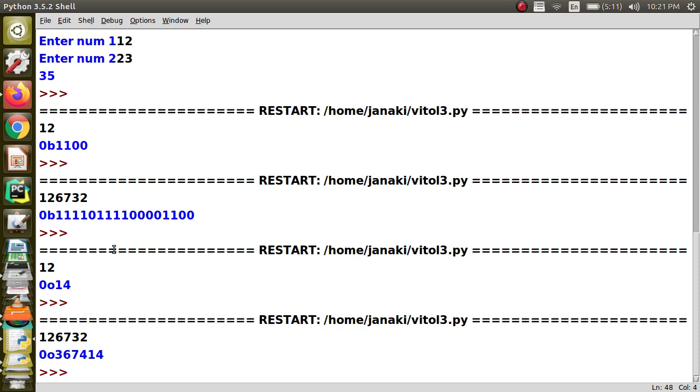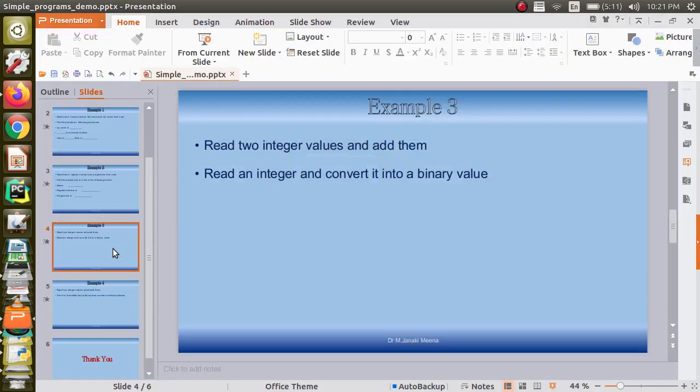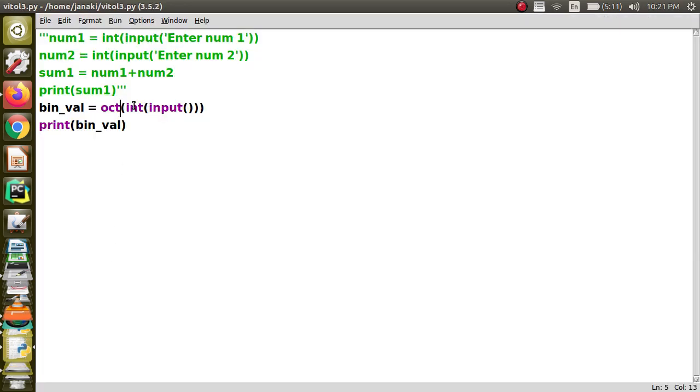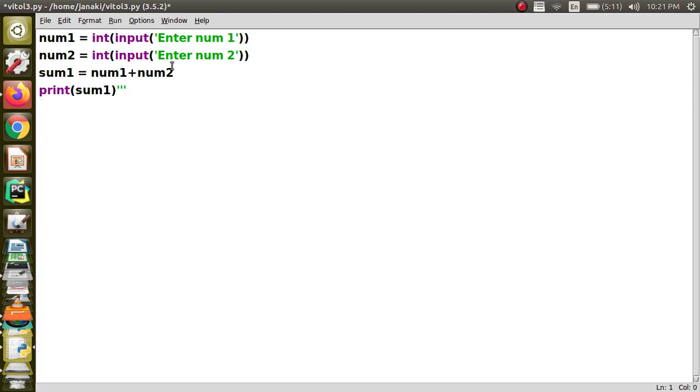This is one shortcut and easy method that you can know when you are working with IDLE of Python. The next program we will be seeing is that you are going to read two integer values and divide them, and print the result in a more formatted way. That's going to be the next task. So here I am going to read two numbers as usual. I am uncommenting this code. Two numbers are read, and you are going to divide them using the slash operation, as in other programming languages. I didn't change the variable name, for simplicity.